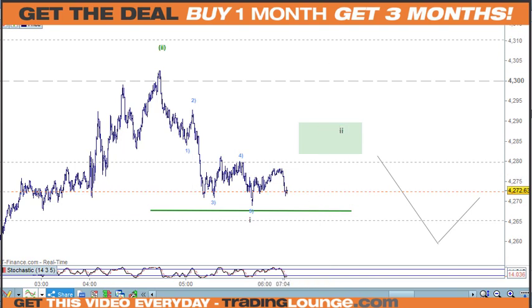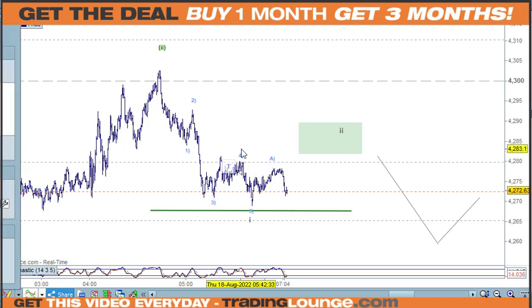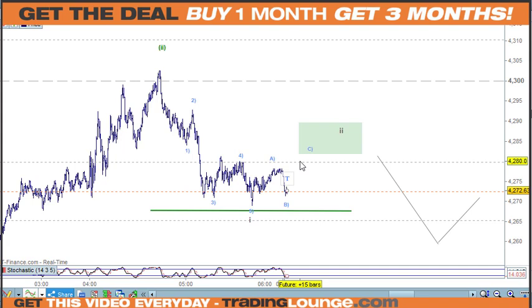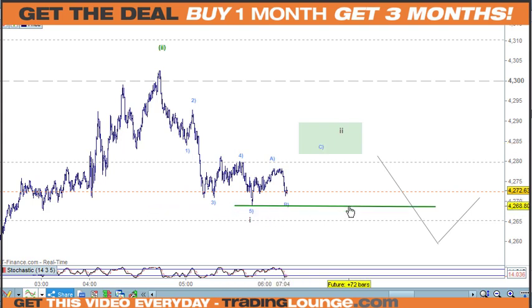Maybe we can look at this as the A wave here, a B wave coming down here, and a C wave up here for the wave 2. You know, I don't know if that's going to happen, but this low here, if that's breached now, we need to be short on that point. So yeah, we may get a move up to here and then down again, and we may not.